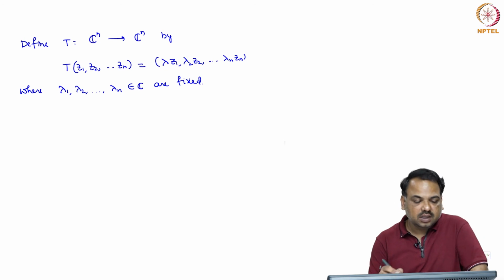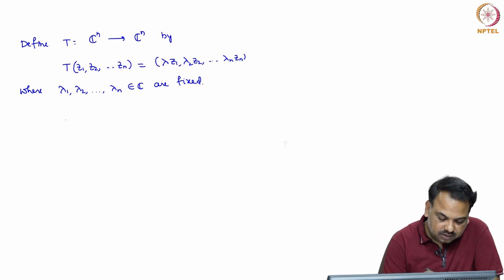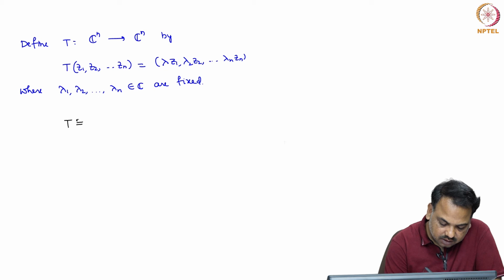We can actually check that in this case, norm T is given by the diagonal matrix with diagonal entries lambda 1, lambda 2, so on lambda n